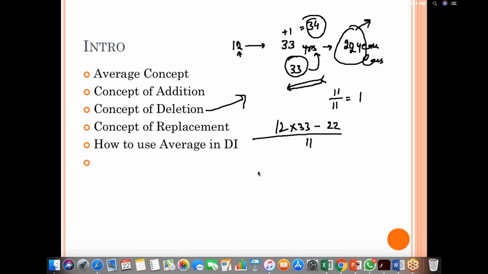Okay, concept of replacement. See, this is like a block of people. Let us say 15 people are there, a person with a weight of 40 enters, and a person with a weight of 55 leaves the group. So net in this transaction we have a loss of 15 kg. So my average will reduce by 1 kg, because the number remains same, right?